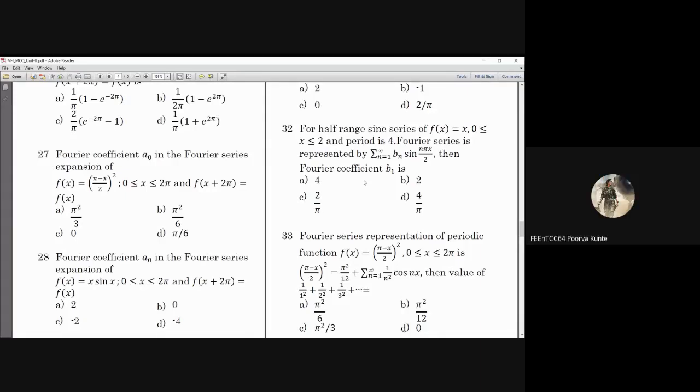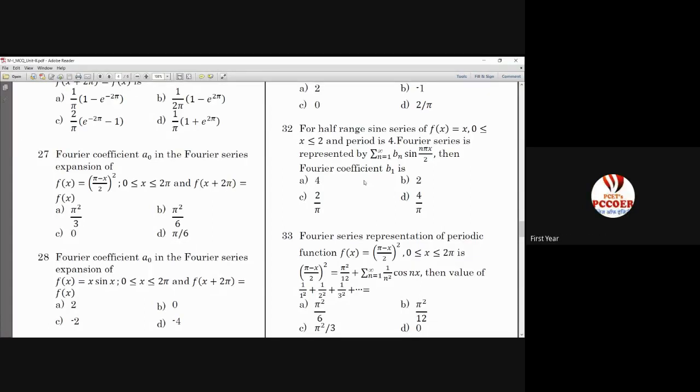ओके मैम, तो पीरियड से कंपेयर नहीं करना है, इक्वल टू पीरियड नहीं करना है? 2L इज इक्वल टू पीरियड करना है ना. पीरियड होता है 2L टोटल होता है. हाँ, तो 2L इज इक्वल टू 4 किया तो भी L इज इक्वल टू 2 ही आएगा ना. लेकिन अगर आपने L इज इक्वल टू पीरियड डाला तो देन योर वैल्यू विल बी L by 2, and that you have taken and you have solved, then it is wrong.